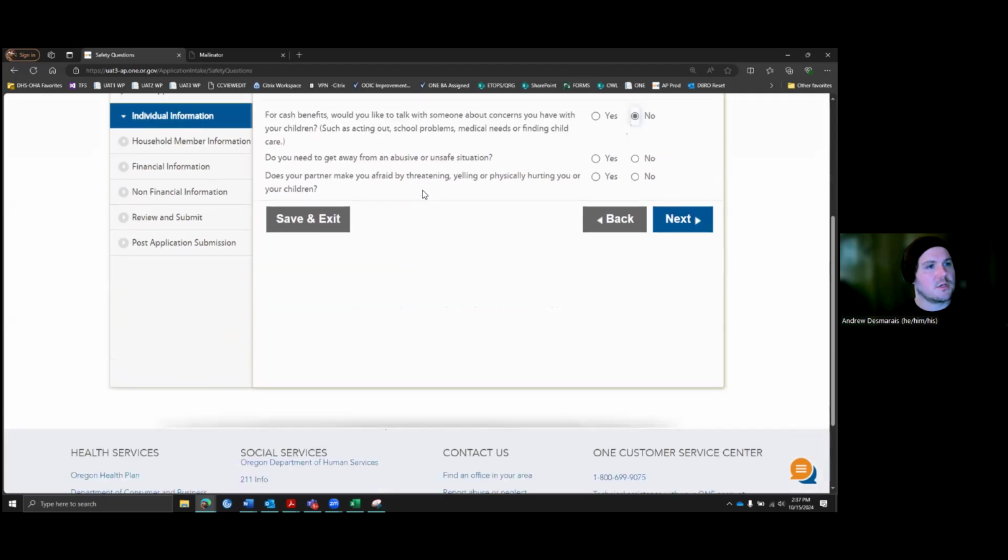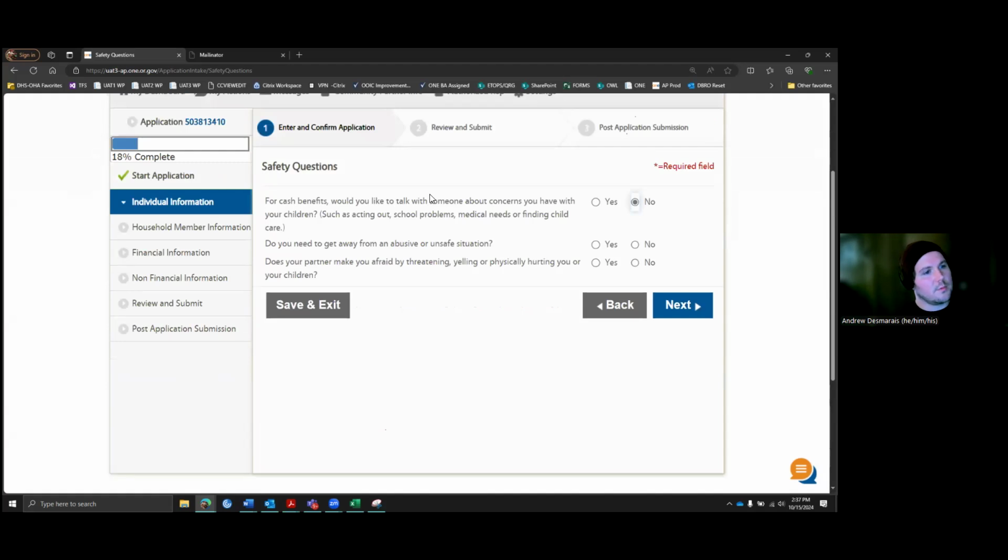These second two questions, the safety questions, do you need to get away from an unsafe, abusive or unsafe situation, or does your partner make you afraid? Those two questions apply to domestic violence, although you cannot apply for domestic violence through this application. What this does is kind of triggers a process for the worker who's reviewing this application to say, looks like someone is